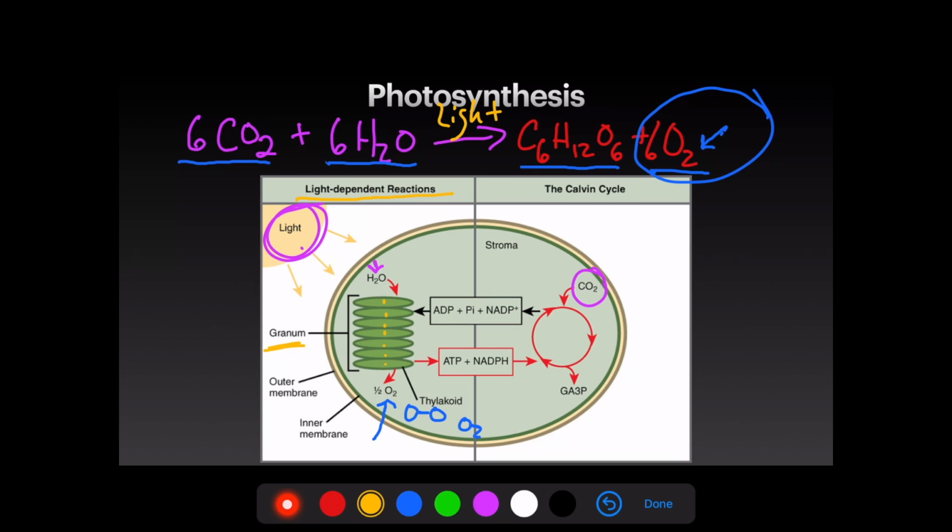So that's what's going on in this part. The Calvin cycle, on the other hand, is taking place inside of the stroma, which is kind of like the empty space inside of the chloroplast. This process is a little bit more complicated, and I'm going to go into it, but anyways, the Calvin cycle basically is what we end up using the CO2 for, and it's where we actually assemble the glucose molecule